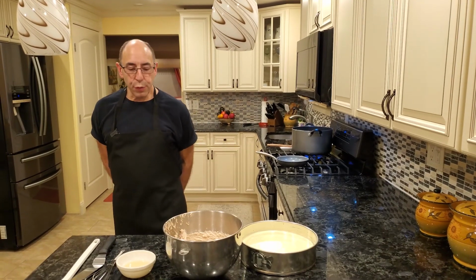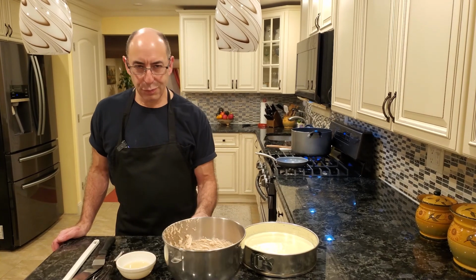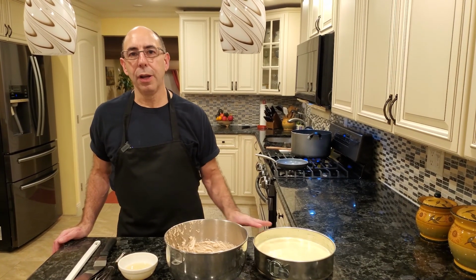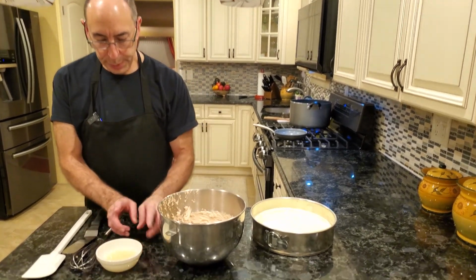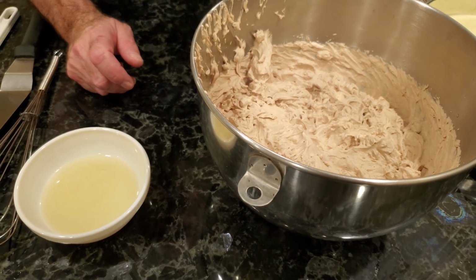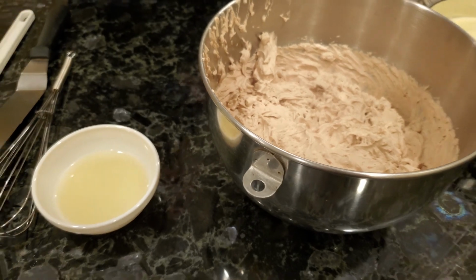As I mentioned before, this is a very, very complicated cake to make. It's challenging in that certain things have to happen very, very quickly, or literally it doesn't work at all. What we're going to do is add the gelatin to our whipped cream. From there, as soon as the warm gelatin hits the cold, it's going to start to gelatinize,